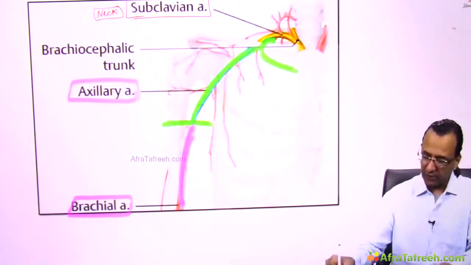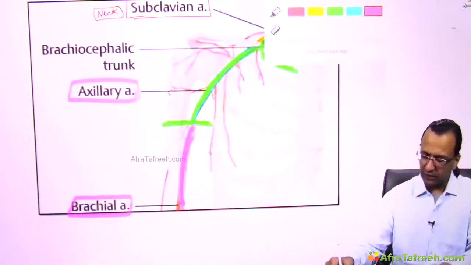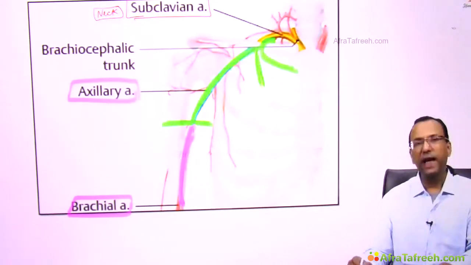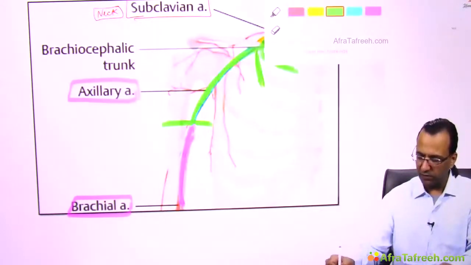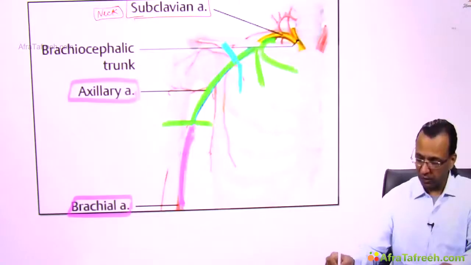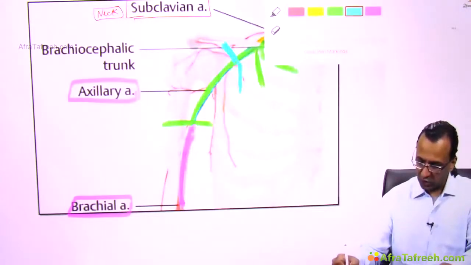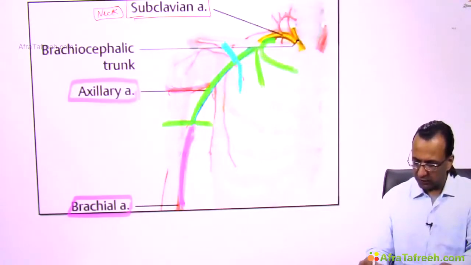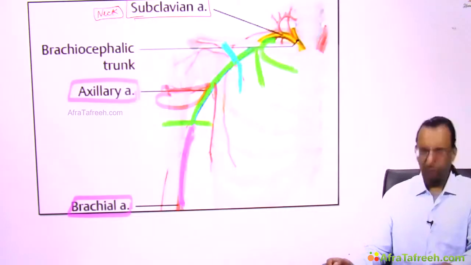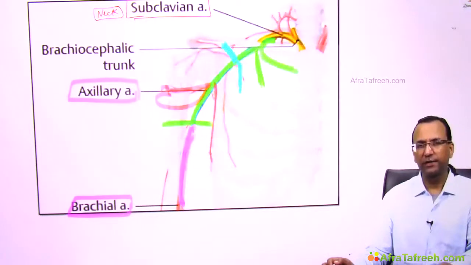artery. Actually, the first part of the axillary artery will give us 1 branch. The second part of the axillary artery will give us 2 branches, and the third part of the axillary artery will be giving us 3 branches. So in total, you'll find that there are 6 branches. So we are telling there are 3 parts of the axillary artery and 6 branches that we have to discuss in